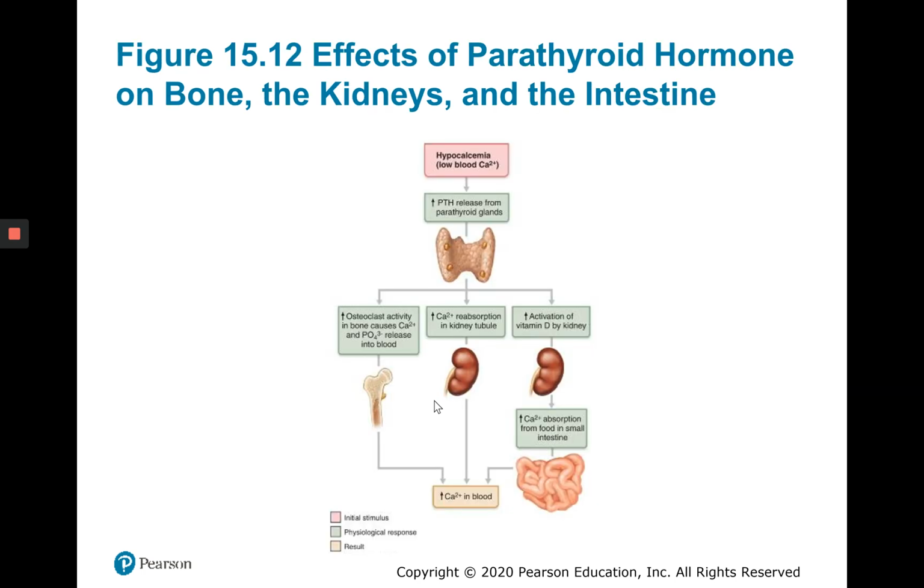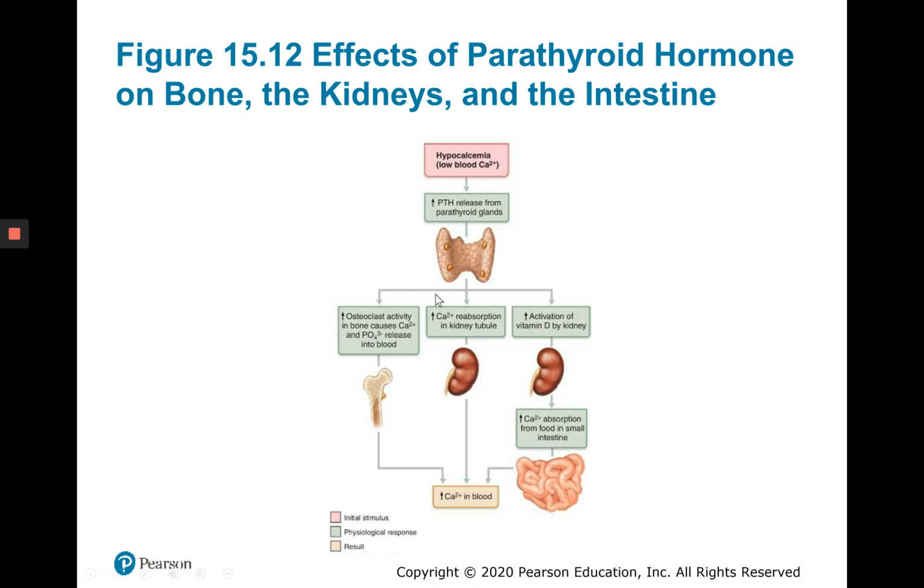I highly recommend figure 15.12 when you're looking at the effects of parathyroid hormone on the target organs, bone, the kidneys, and the intestines. It's a great figure for showing us kind of what happens when our stimulus is hypocalcemia or a decrease in blood calcium levels. And what we're going to see is hypocalcemia as a humoral trigger will cause the parathyroid glands to produce parathyroid hormone. And that hormone will go to the blood and act on target tissues, the bone, the kidneys, and the intestinal mucosa. It'll cause calcium to be released by or from the bone matrix of the bone because we're increasing